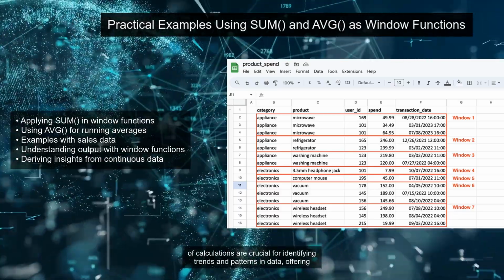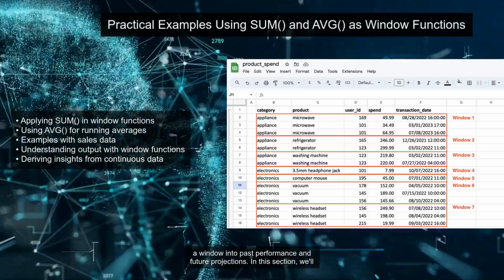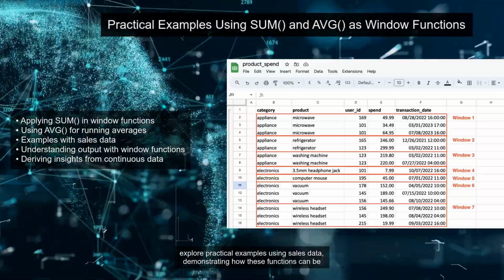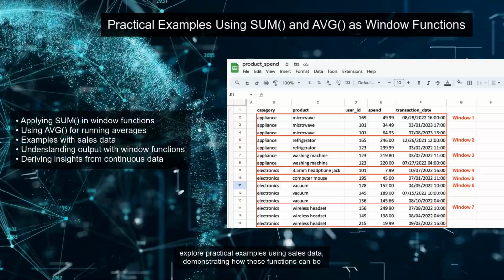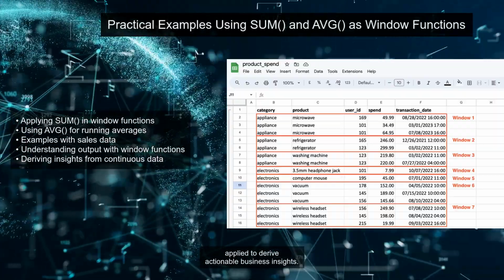These types of calculations are crucial for identifying trends and patterns in data, offering a window into past performance and future projections. In this section, we'll explore practical examples using sales data, demonstrating how these functions can be applied to derive actionable